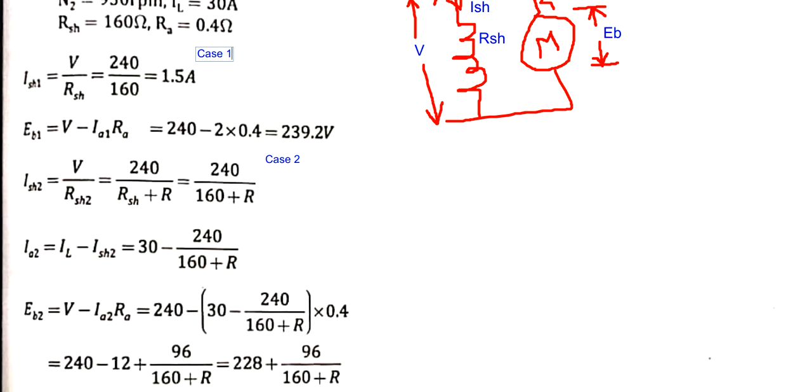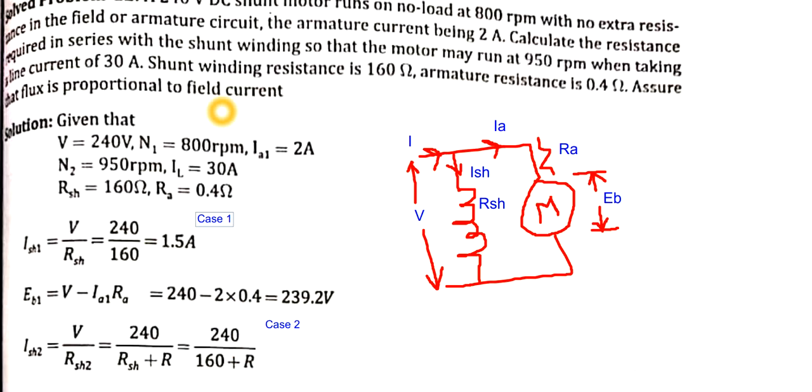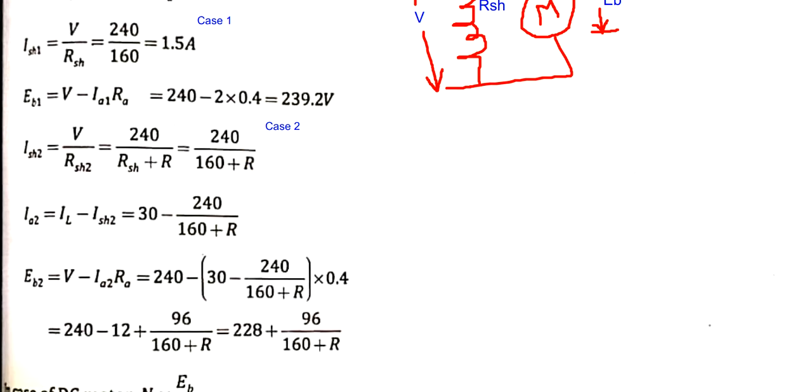And the line current in case 2 is already given, that is 30 amperes. It is clearly mentioned that it is case 2 because it is when extra resistance is added. So make a note here, this is the case 2 line current. So we are going to use that 30 amperes here,